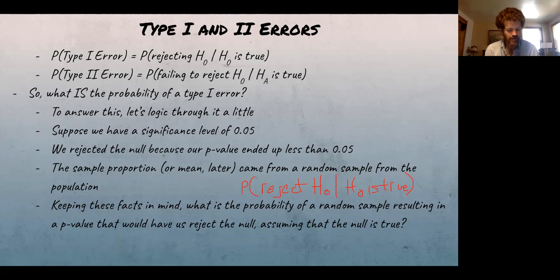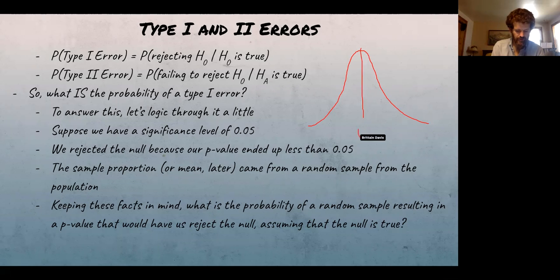Okay, before I show you the answer, I want to make sure this is really clear. Hopefully what I'm about to say makes it clearer. We have a sampling distribution that we're creating on the assumption that the null is true. So the null hypothesis, the proportion of our null is going to be right there. So just randomly sampling, I could get a bunch of people from the population. This isn't the population, but I just get a bunch of samples and I end up with a p hat